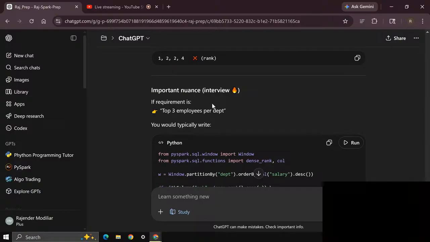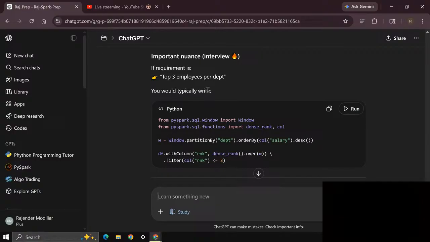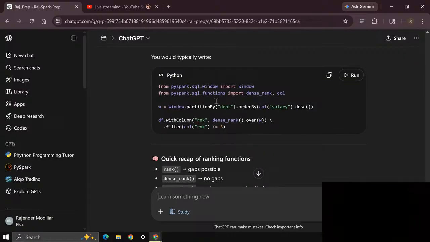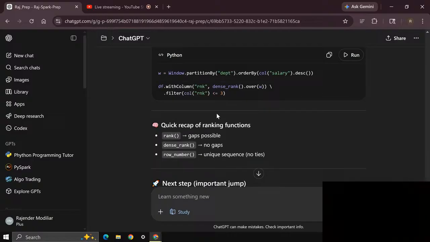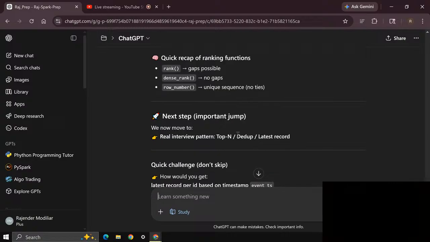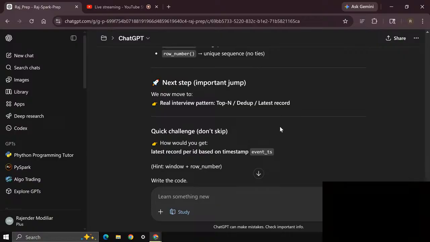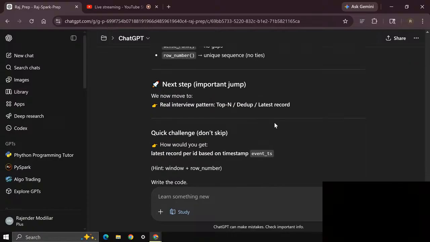So yeah, dense rank is correct. Important ones, okay. What are the top three employees per DEPT? Okay, so a quick recap of ranking functions: rank, dense rank, row number, unique sequence. Okay, next step would be interview patterns. So yeah, we'll go to the next step later. But as of now,